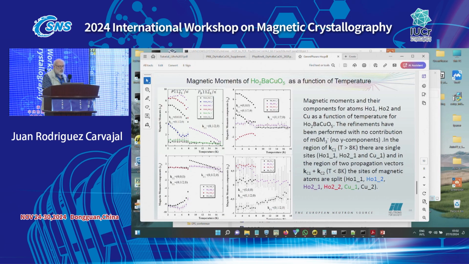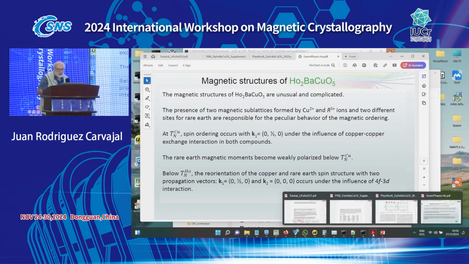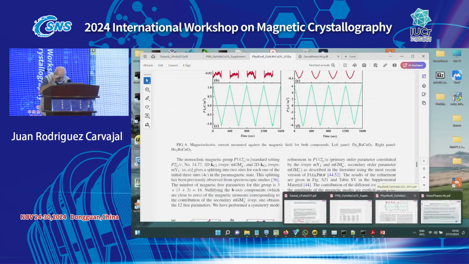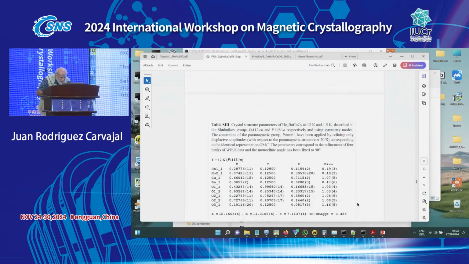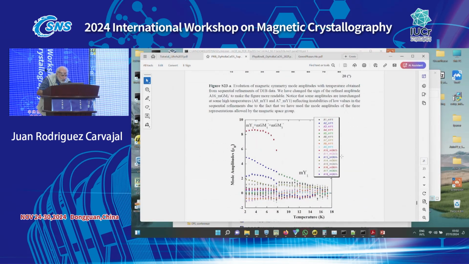But you can also have, I don't know if I have that here. No. Well, it's probably in the article. Let me just verify. Yes, this is the supplementary information. You see the representations, and this is something interesting, because the primary representations here are these two ones, MY1 and